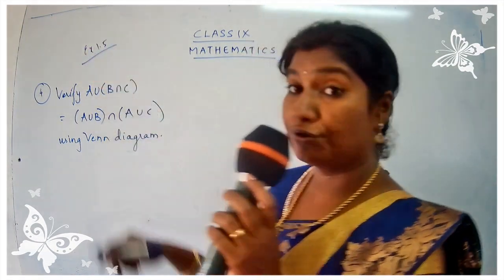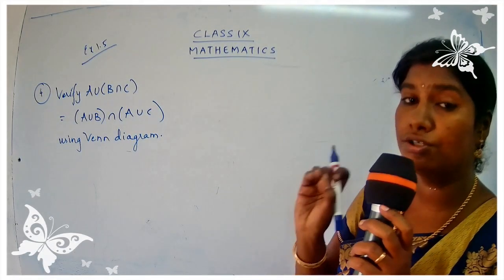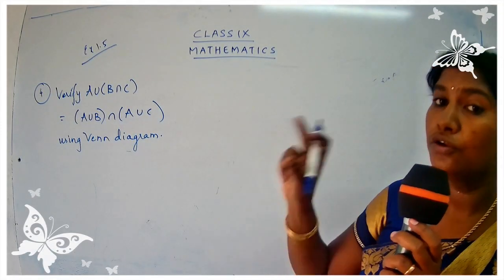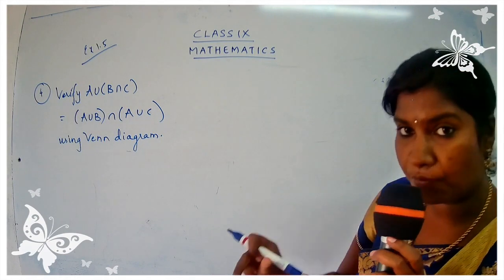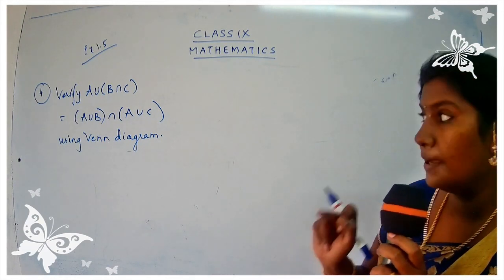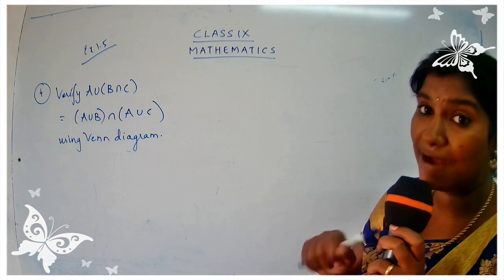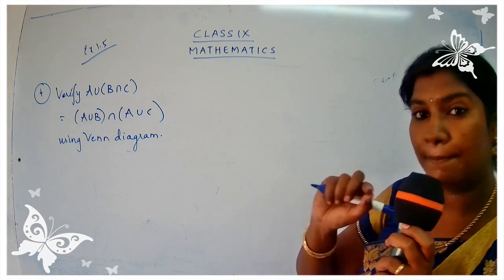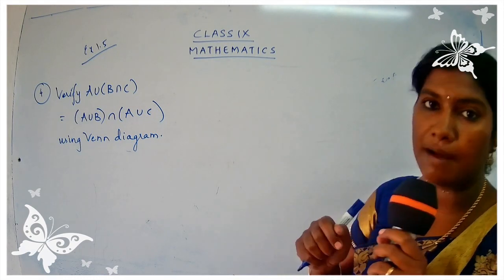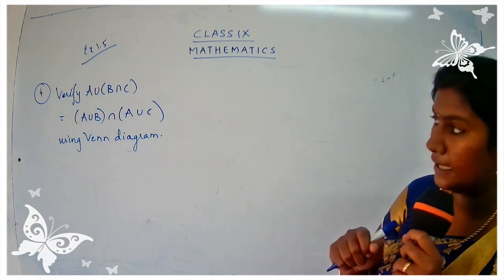So you are going to draw very neatly. Do not draw the figure with your hands. You are going to use a proper instrument and you are going to draw the circles. Be careful, you have to use a sharpened pencil children. Do not use a blunt pencil. You have to use a sharpened pencil. So just sharpen your pencil properly.